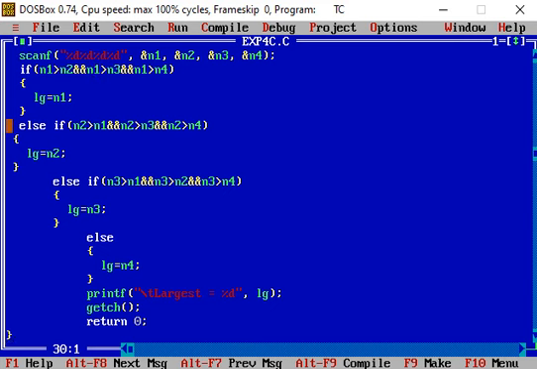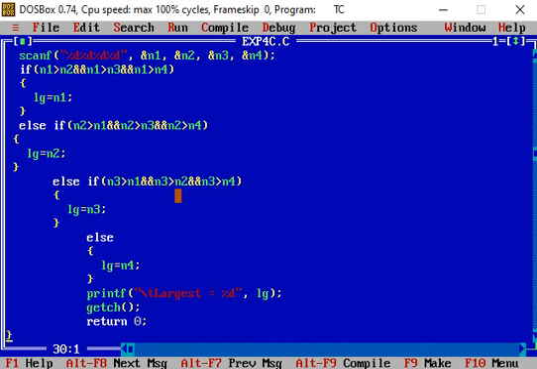So we go to the else if part. In else if, the condition is n2 is greater than n1. n2, that is 21, is greater than n1, which is 34? The condition is false. So we go to another if else statement. If the condition is false, we move to the else part, and in the else there is again an if statement. In this one, n3 is greater than n1. n3 is 67, so this condition is true.